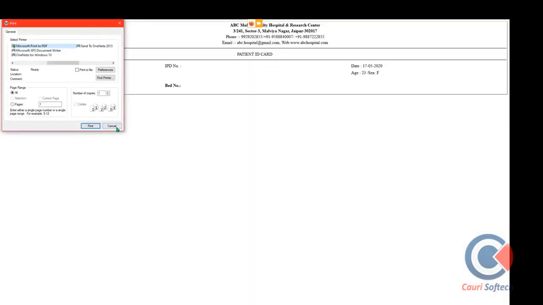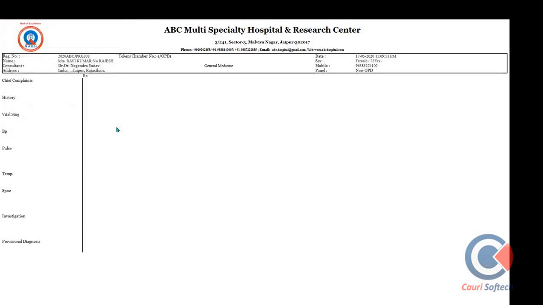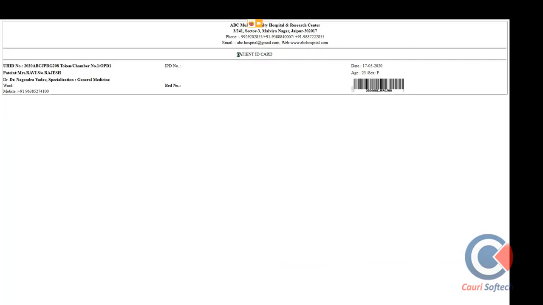The case receipt, the patient ID card and the prescription are printed simultaneously once we click on print at the reception desk. This is the prescription pad where the patient's treatment will be written by the doctor on the screen. Another one is the patient ID card. If we are taking a patient file, this sticker will be printed, a 40 by 80 size visiting-card-size sticker, that can be placed on the patient's file.